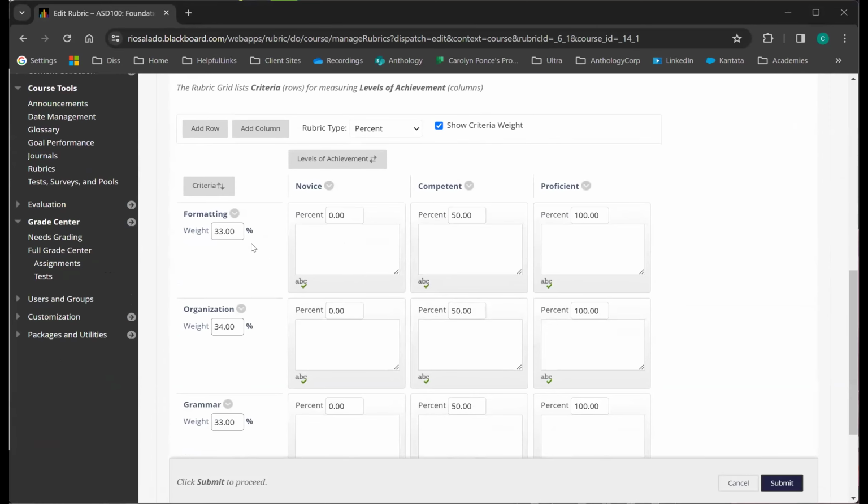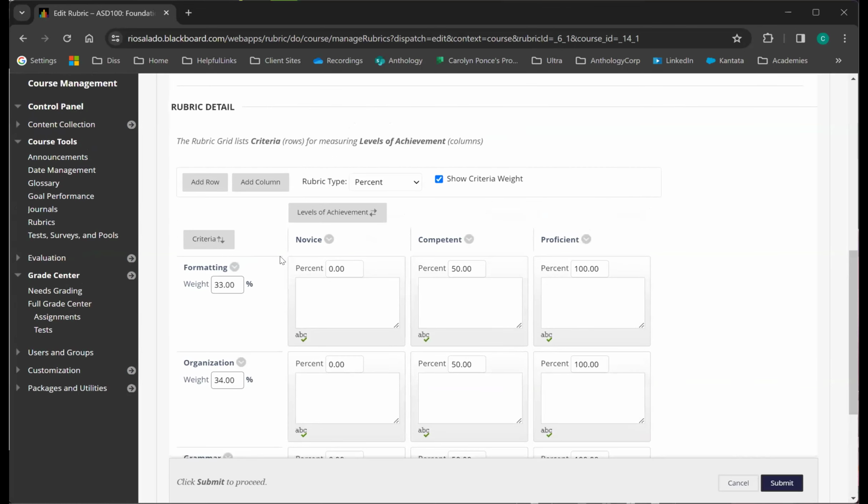So you can put in descriptions for the different levels of achievement. And that way the instructor will have a little more information to go off of. So for example, for your 0 point column, it could be did not include. I always have a 0 point column, did not include. And then the different proficiencies. And you can go up to, they say unlimited, but